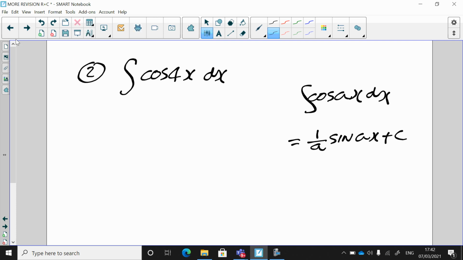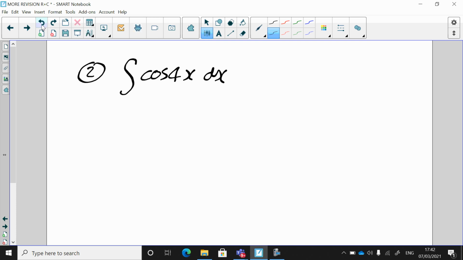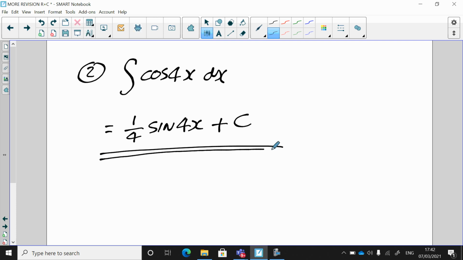Okay, so you're looking at a formula sheet. We don't have any numbers top and bottom of the integral sign, so we're just jumping straight into the answer. Here it's 1 over 4, cos goes to positive sine, and 4x is here, plus c. Please don't forget the plus c, the constant of integration, because later on if you do any more calculus,